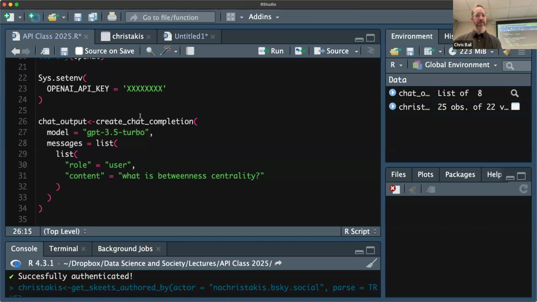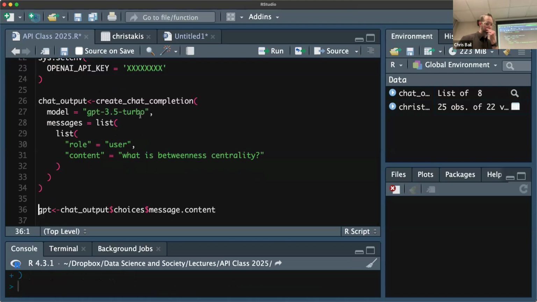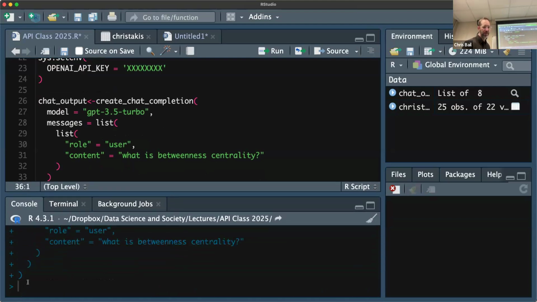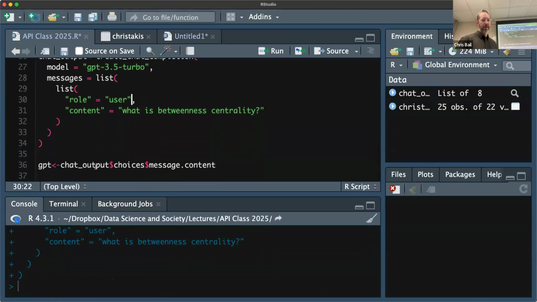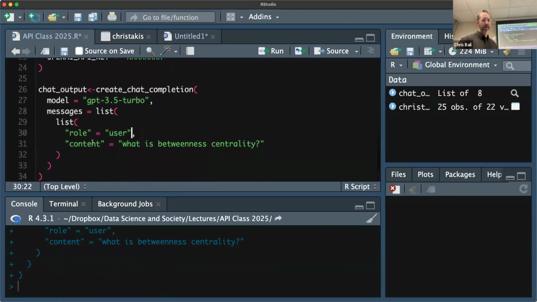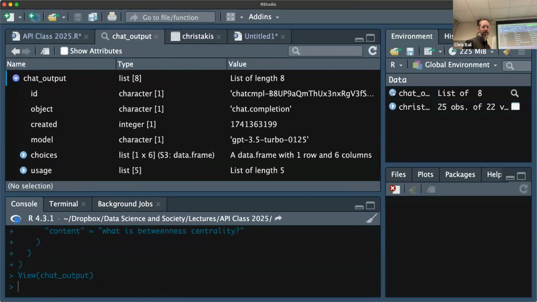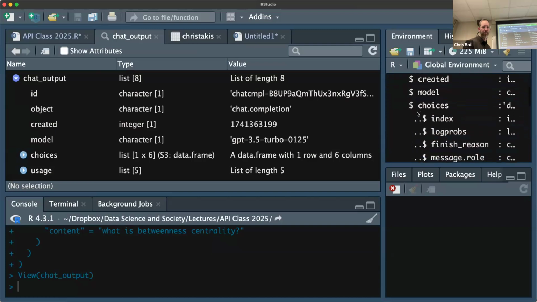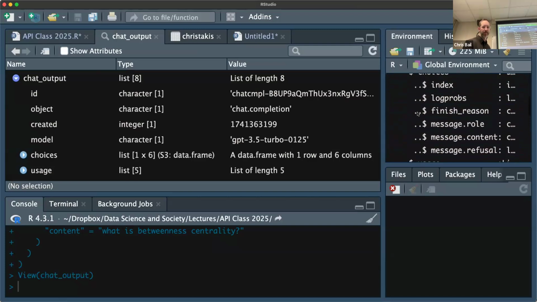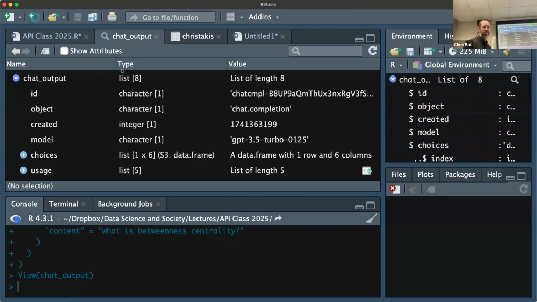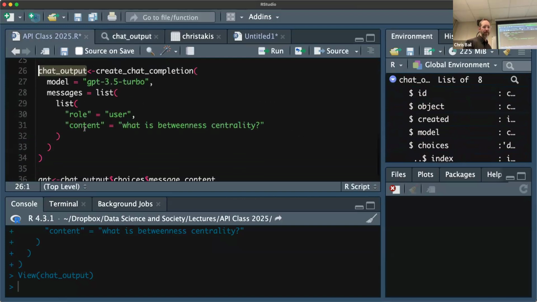And so when I run this here, you'll see down here, I didn't get any output yet. And again, this annoying Zoom thing is obscuring the cursor there, but it just shows that it ran. And now you'll see I created this object with that function called chat output. And so chat output has a lot of stuff here. We can browse the data object here, and we can see when we use the API, it gives us all sorts of stuff back. The thing that we want is called